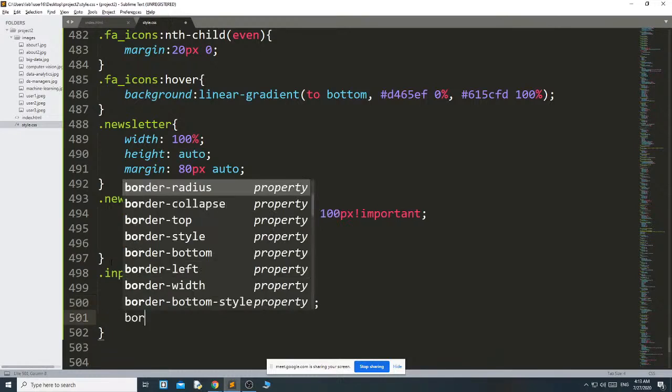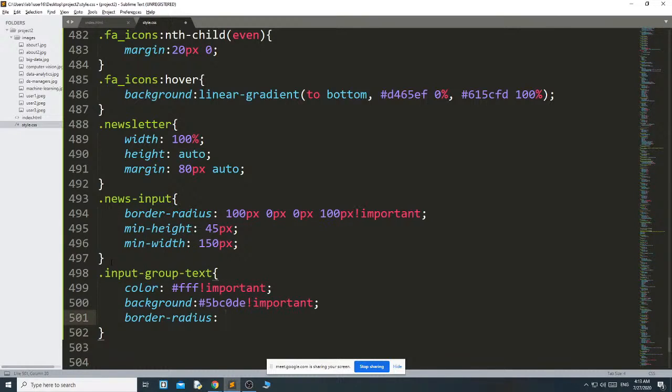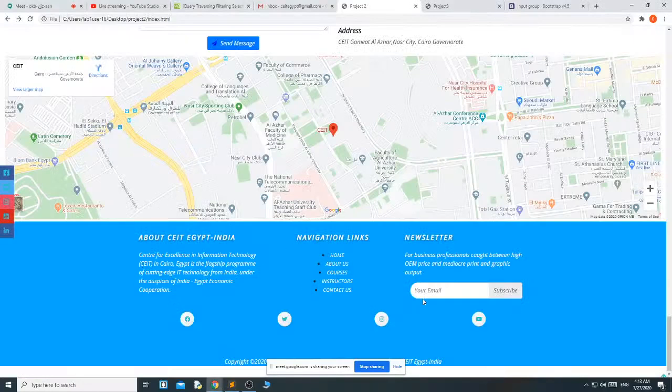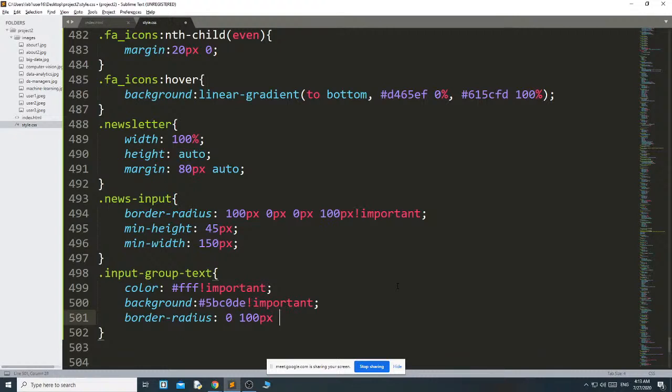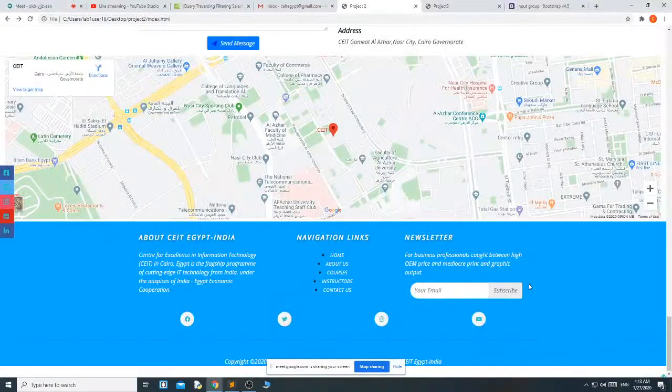Then border radius, because I want it also round, 100 pixel, 100 pixel, then 0. See, from this side I want round, but here from this side I want round. Understood? These two corners I need round, and in this case these two corners I need round.